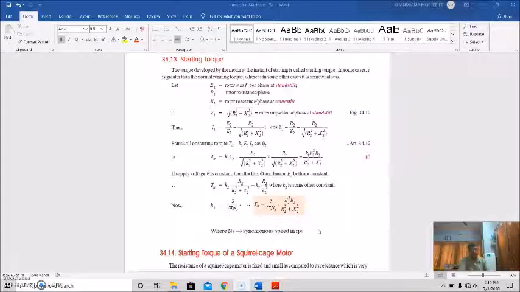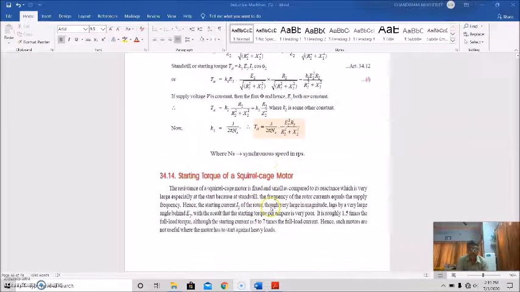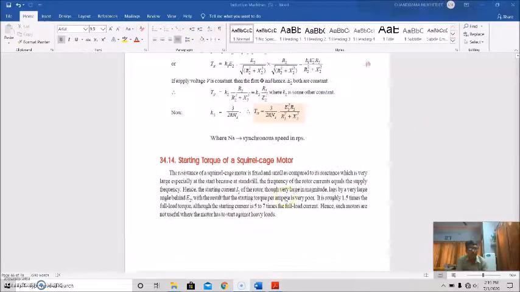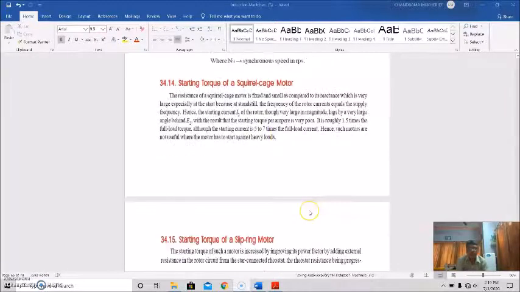So the starting torque expression is like this. Why is it required? Because this has a certain effect on the parameter R2, the rotor resistance. So this is the starting torque of a squirrel cage motor. The squirrel cage motor is a cage rotor type, having rotor resistance that is fixed and small as compared to its reactance,